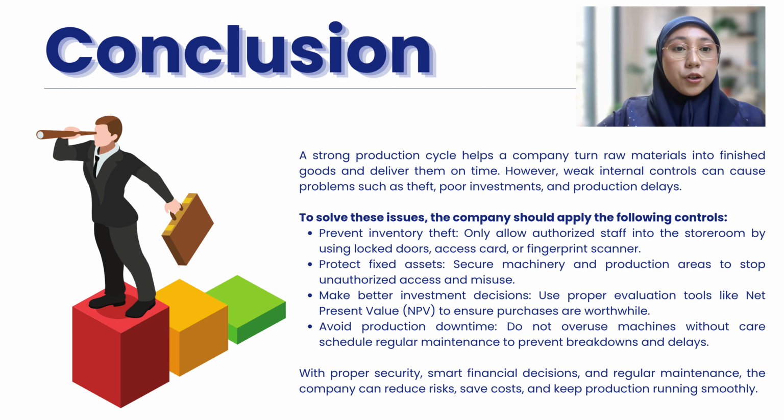To conclude, a strong production cycle helps the company convert raw materials into finished products efficiently and deliver them to customers on time. However, weak internal control can cause inventory theft, poor investment decisions, damage to fixed assets, and production delays. To reduce this risk, the company should restrict access to the storeroom, protect fixed assets, evaluate investment using NPV, and schedule regular machine maintenance. Overall, these controls help reduce risk, lower costs, improve efficiency, and ensure the production process runs smoothly while supporting the